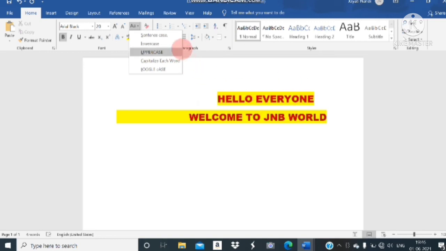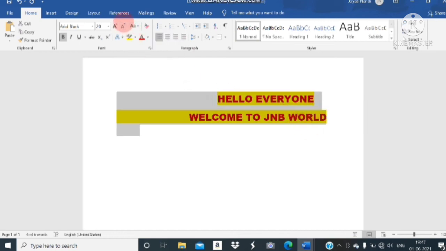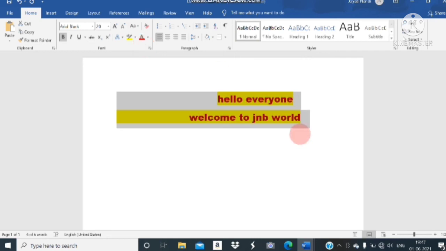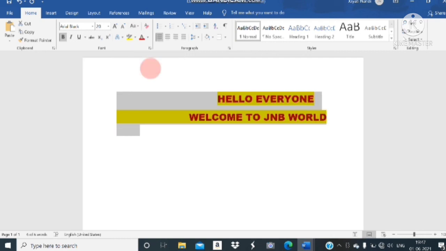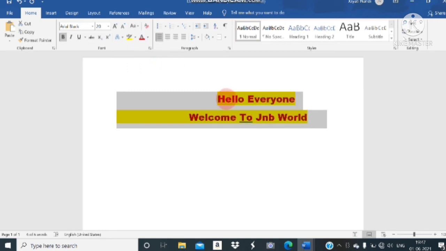If you want to change this into lowercase, you have to click on this one. See, I'm selecting this one. Then lowercase: if you select lowercase, everything will be changed to lowercase characters. If we change to capitalize each word, see every word will be capitalized in the first letter.